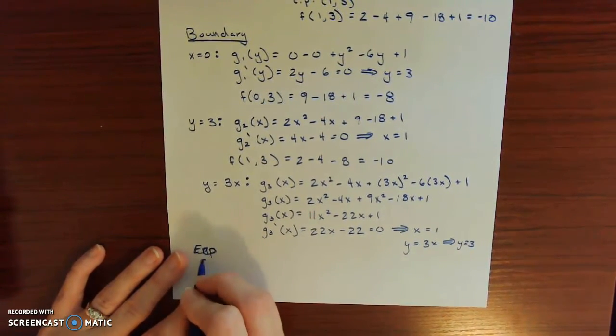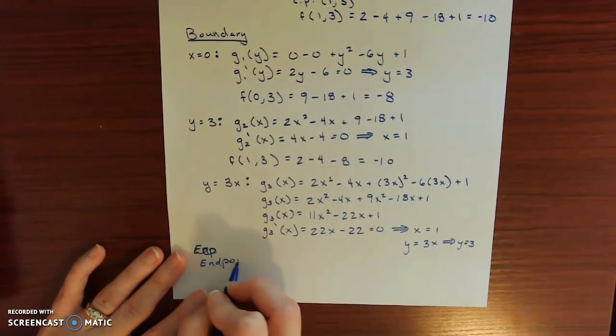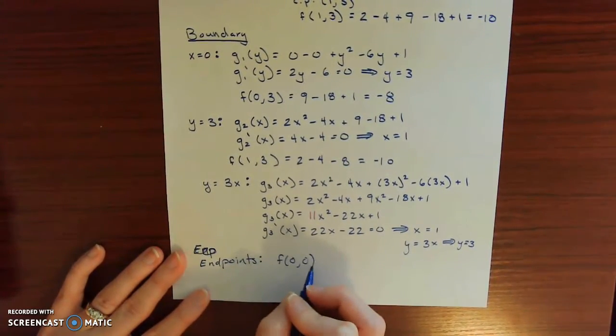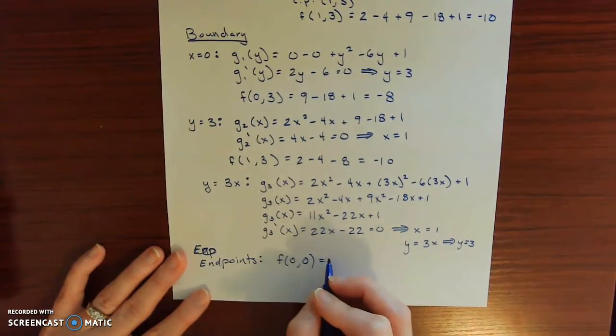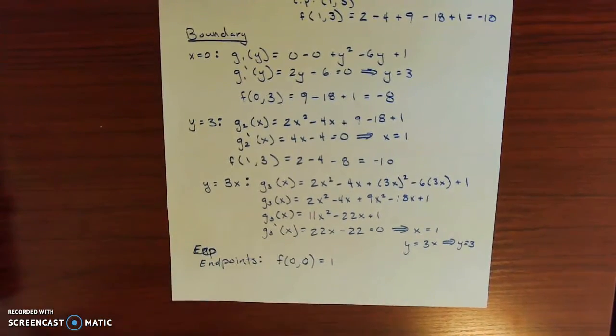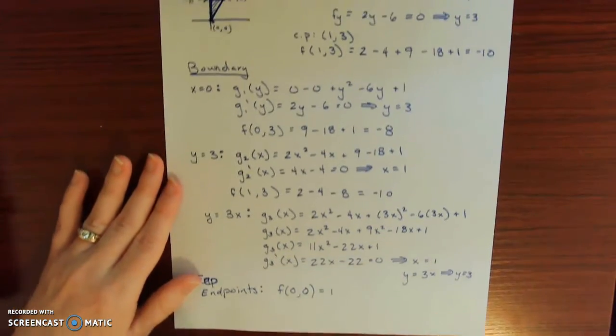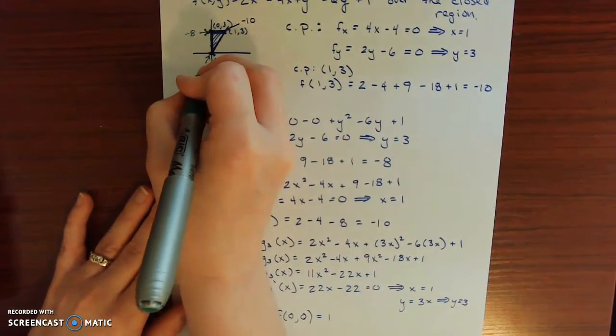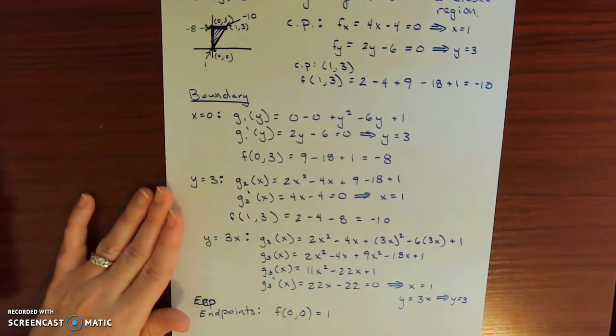Whoops, endpoints. So f of 0, 0, we can see equals 1. Okay, so I'm going to go back up to my little sketch here. And at 0, 0, the function value is 1. Okay, so those are all the